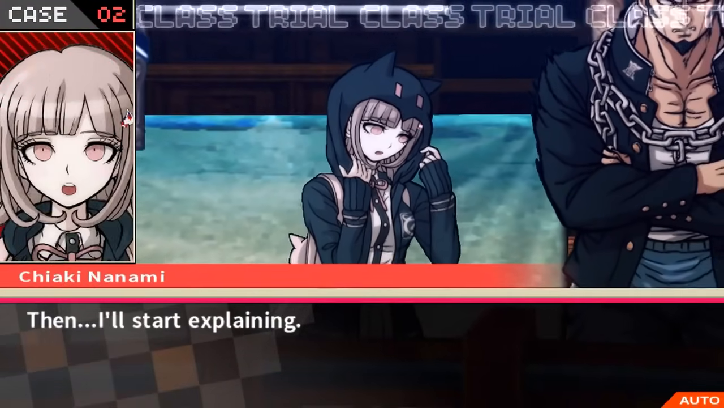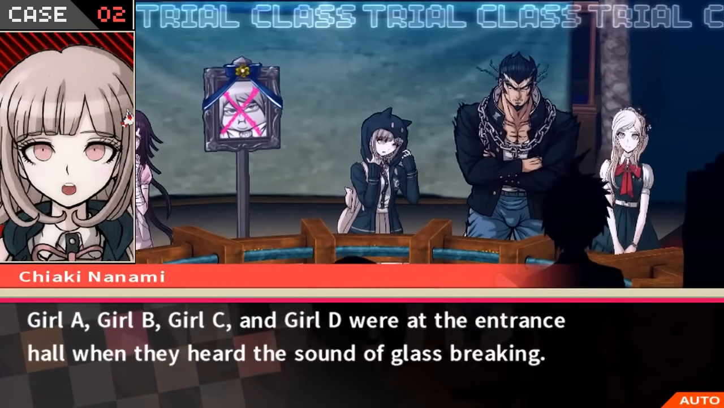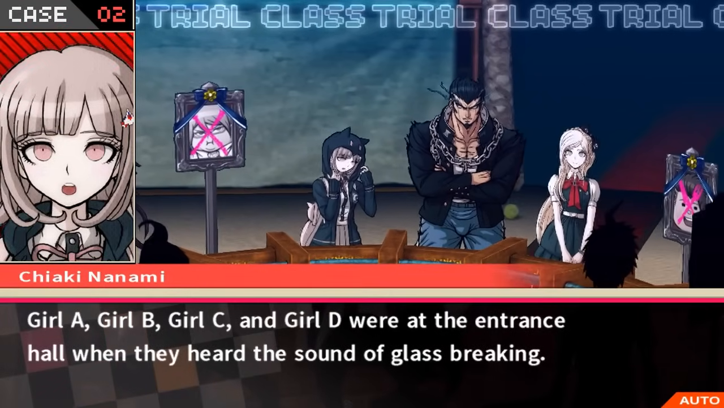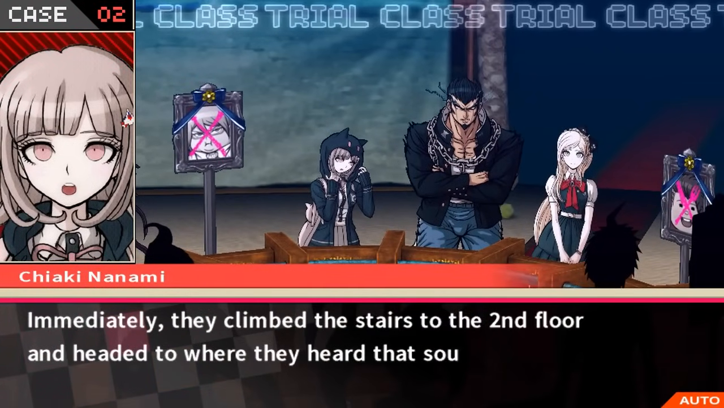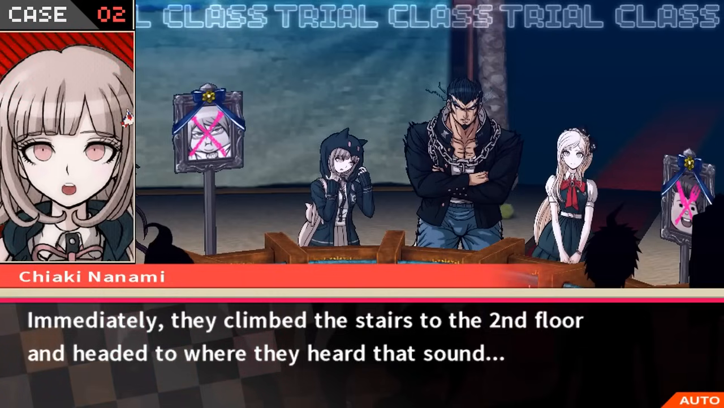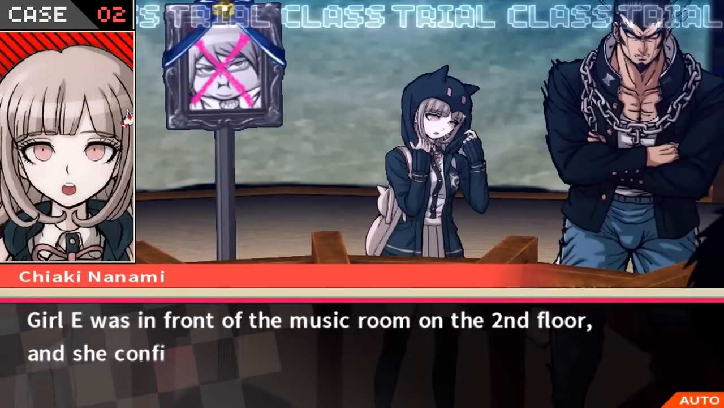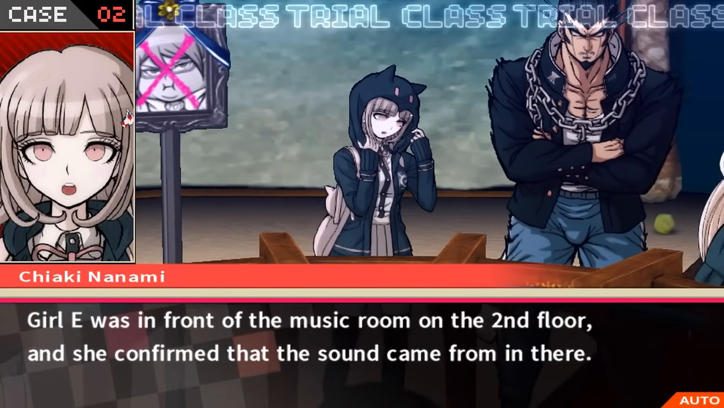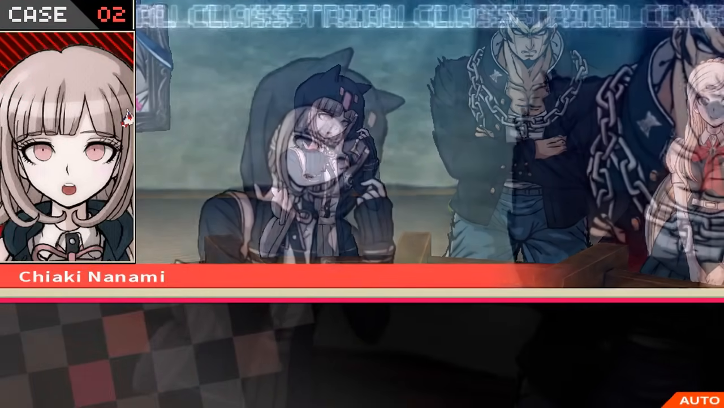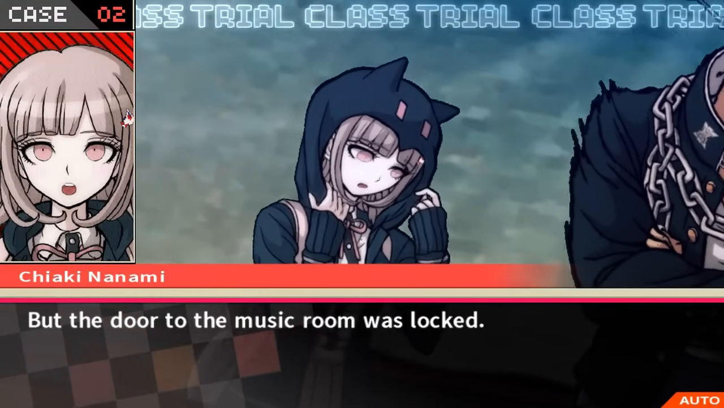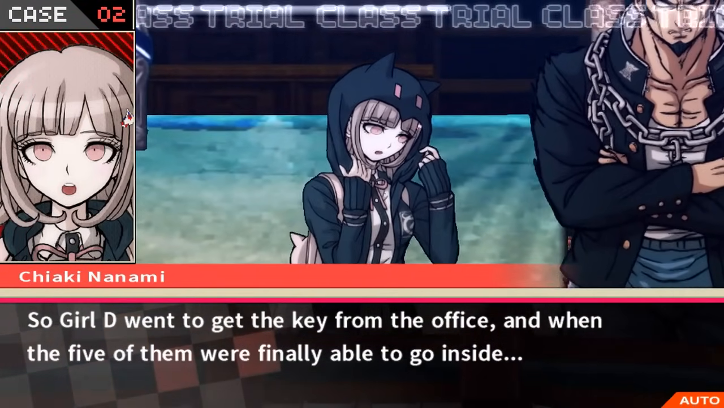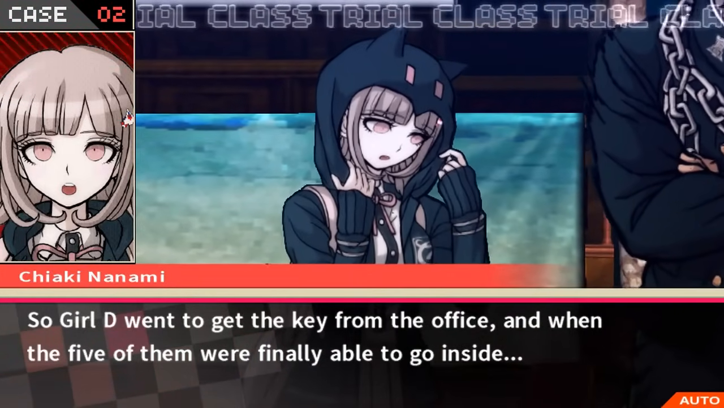Then, I'll start explaining. Girl A, Girl B, Girl C, and Girl D were at the entrance hall when they heard the sound of glass breaking. Immediately, they climbed the stairs to the second floor and headed to where they heard that sound. Girl E was in front of the music room on the second floor, and she confirmed that the sound came from in there. But the door to the music room was locked. So Girl D went to get the key from the office, and when the 5 of them were finally able to go inside,